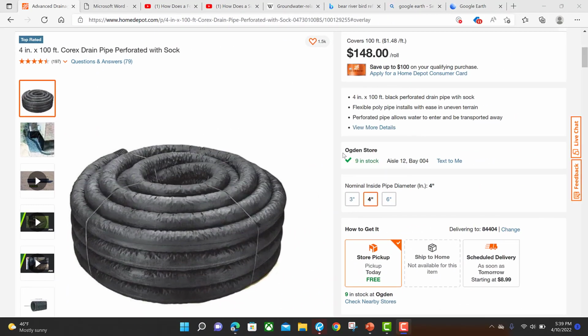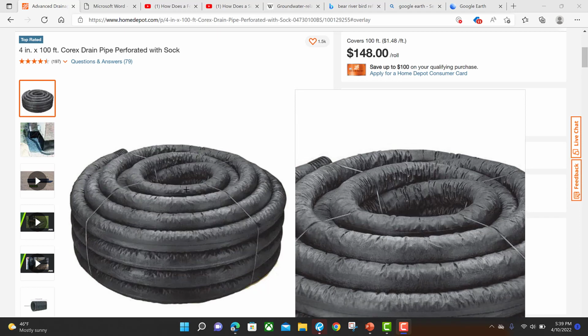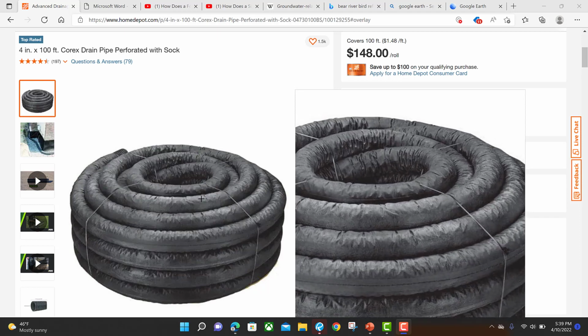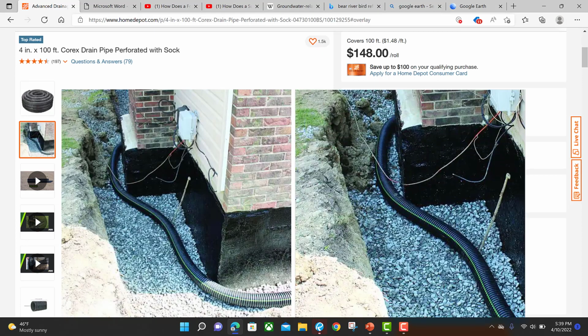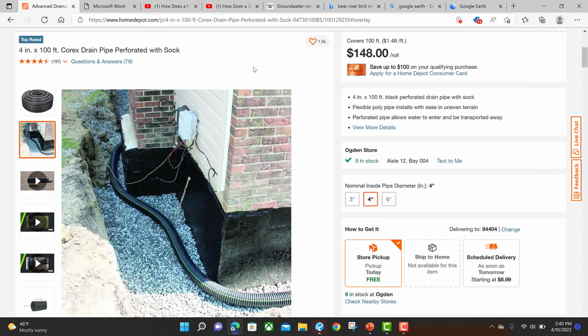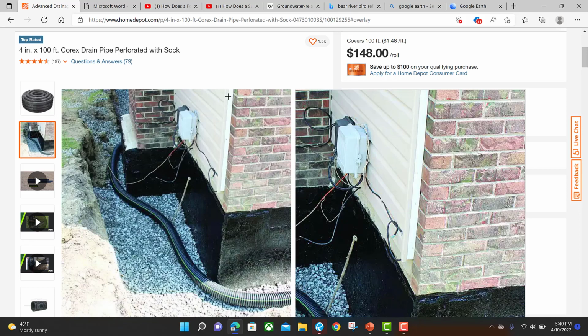So I went shopping on Home Depot for the perforated 4-inch drain line, and this one is covered in a fabric. I don't like this detail that they gave, or this picture they gave here, right? What's missing in this one? It's not anywhere near the footing, or maybe it is, but it looks like this is a shallow foundation, and that's the